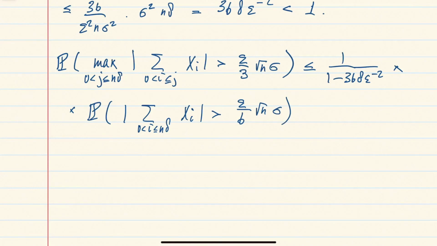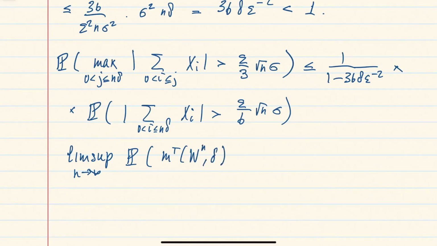And this is the place where we will use this relaxation of the second condition, that we can actually take the upper limit as n goes to infinity first, before sending delta to 0. So let's take the lim sup when n goes to infinity of the probability that this modulus of continuity for the process Wn at delta exceeds epsilon, right? So we bounded this probability,